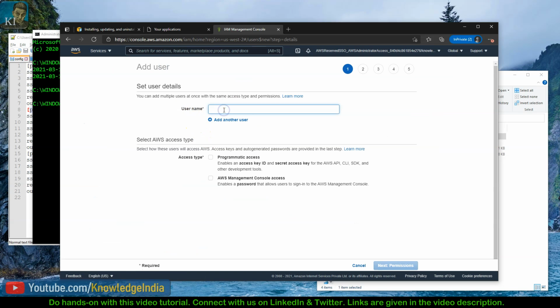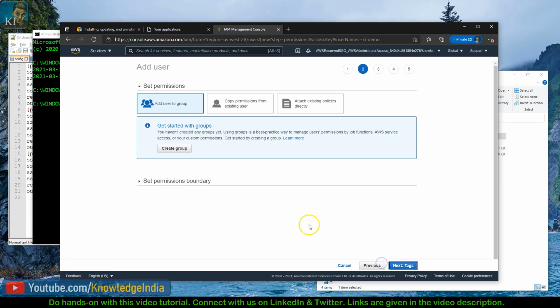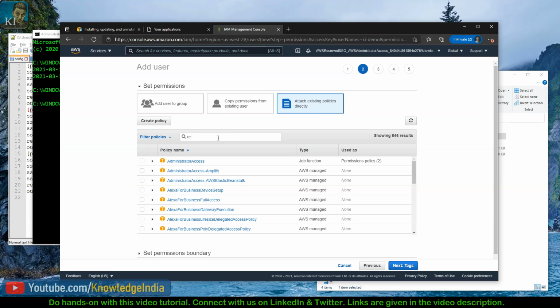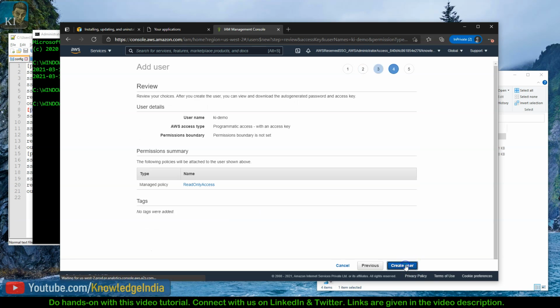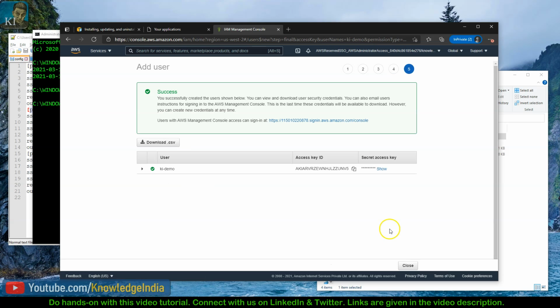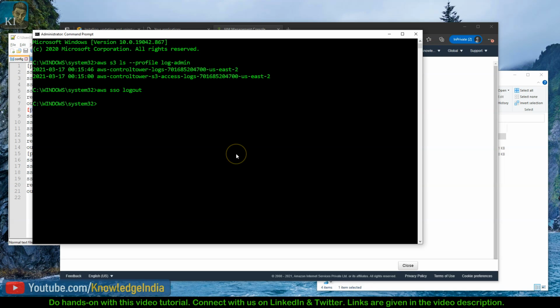Say add user. I'm gonna call it KI demo. I just want to give it programmatic access. Next. And then we want to give it, let's say, read-only access to start with. Okay, so I'm giving read-only access, and we'll just go ahead and quickly create this user. So as soon as this user gets created, you can see it shows the access key and secret key for me here, right? So what I'll do, if on this window I go ahead and say AWS configure,